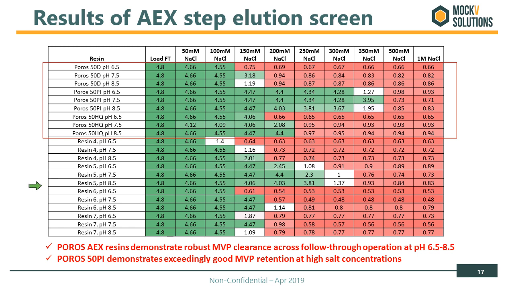The next slide is quite busy, but it really does a good job, through the coloration, of highlighting what's going on here. On the top, we have it grouped by what fraction we're discussing, for example the load, the flow-through right through the column. This is, by the way, the data set for anion exchange. Going from left to right is the increasing salt concentrations which we added to the robocolumns. And what you find is that across all the resins we explored, the flow-through collections were excellent at removing the